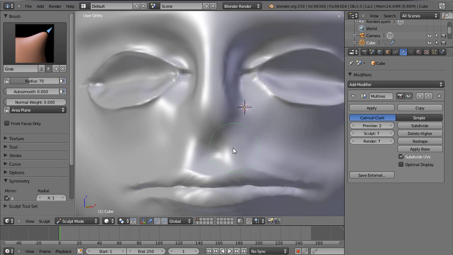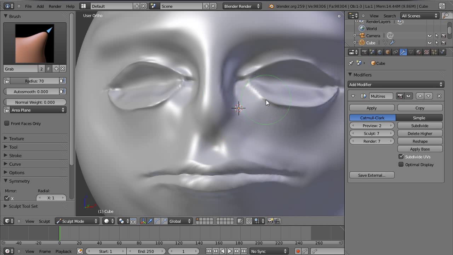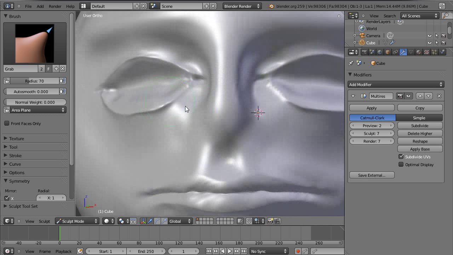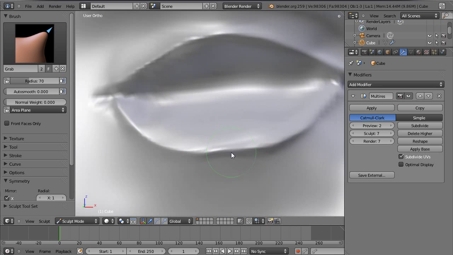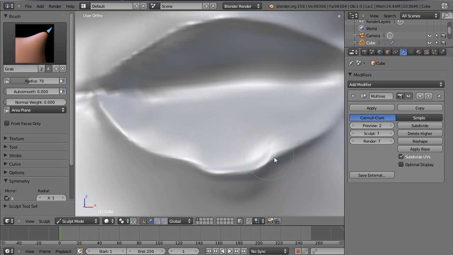Grab's good just for adjusting small things. Try not to use too much grab, because you can end up having, as you move here, so I need the eyelid to be down there, I'm going to get all this weird stuff here, so I'm going to have to adjust that, and then adjust that, and then adjust that.